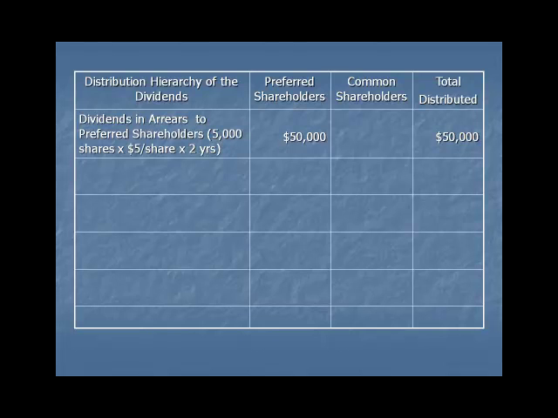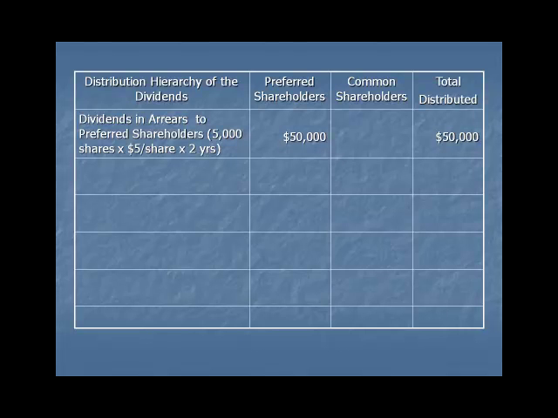So the distribution hierarchy starts with dividends in arrears to the preferred shareholders. And since there were 5,000 shares and it was a $5 dividend rate in 2 years, 5 times 5 times 2 is $50,000 going to the preferred shareholders. The total distributed column keeps track of our total distributed until we get to the $155,000 that we're going to